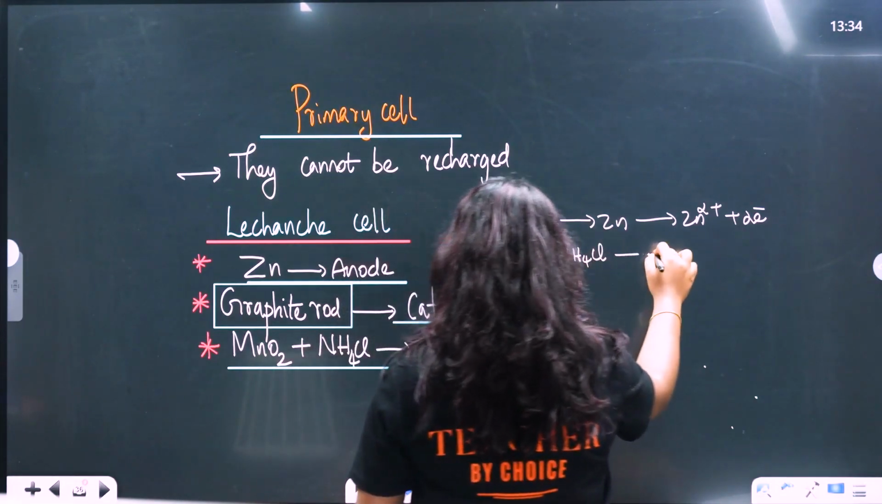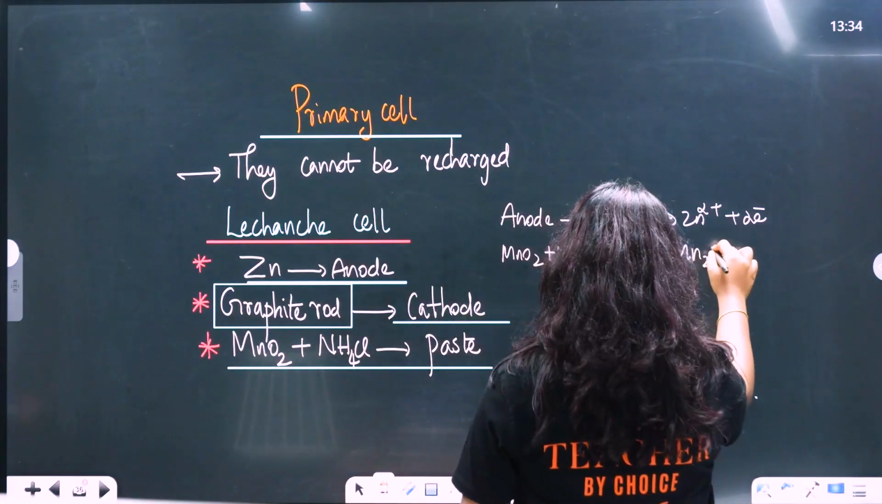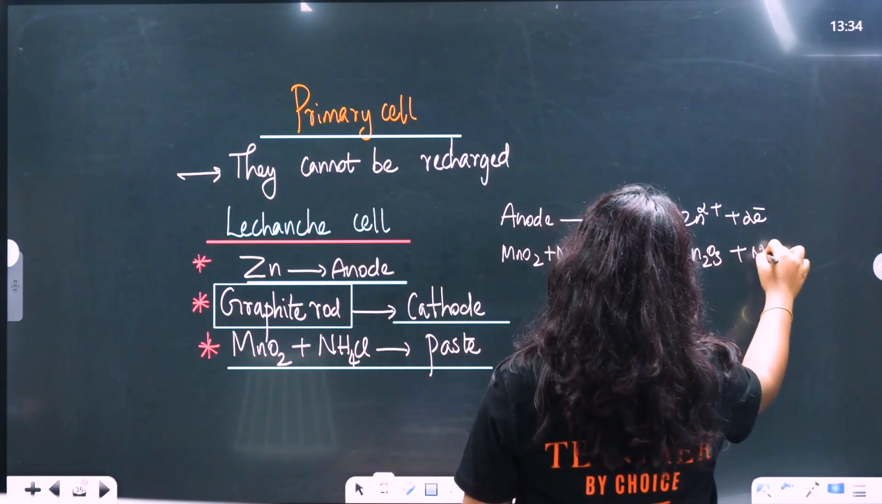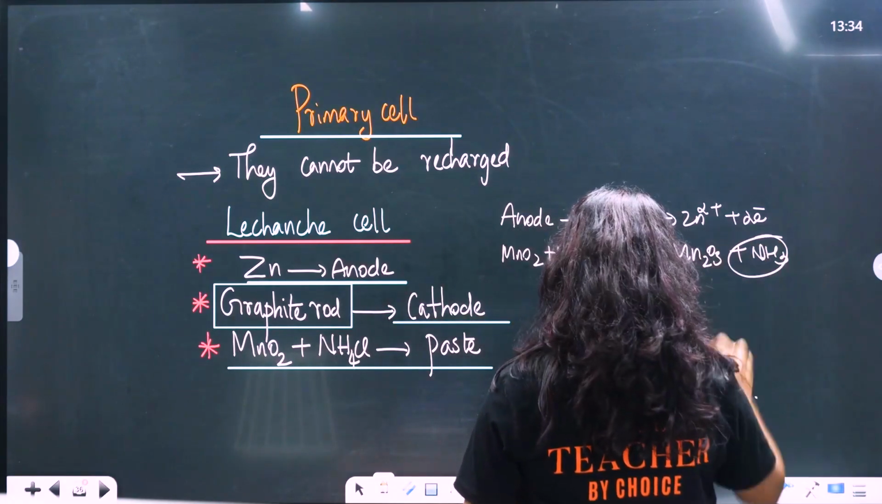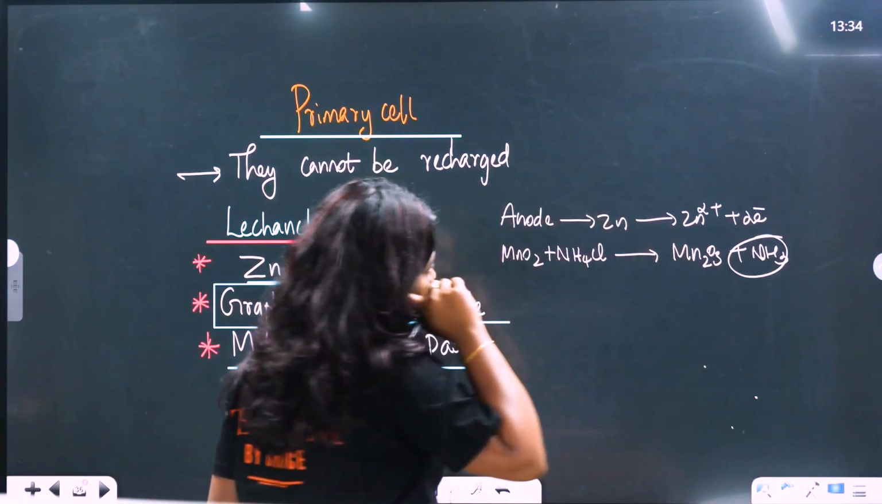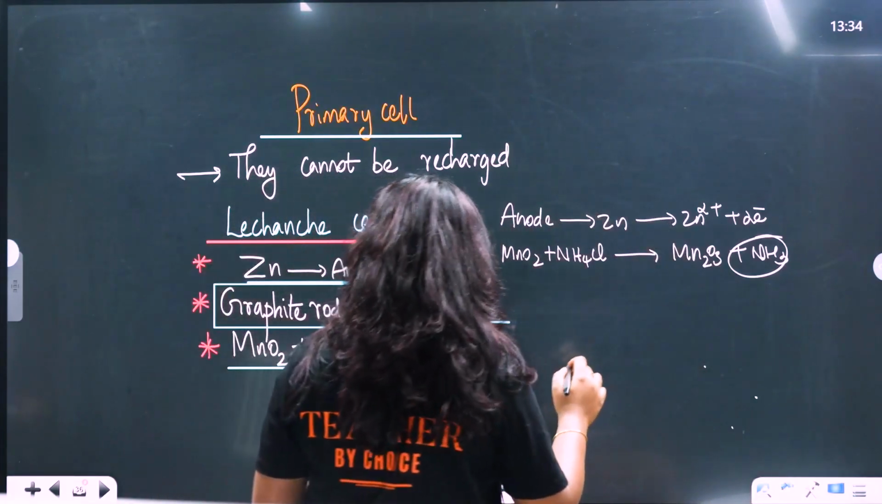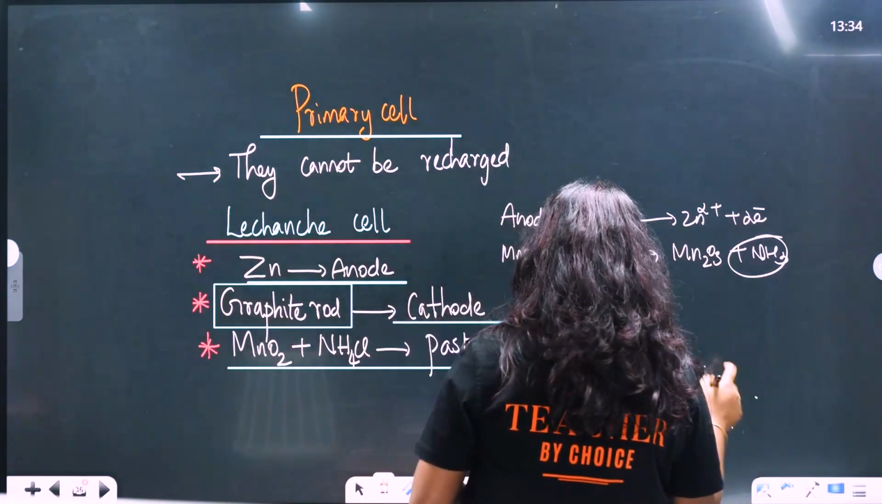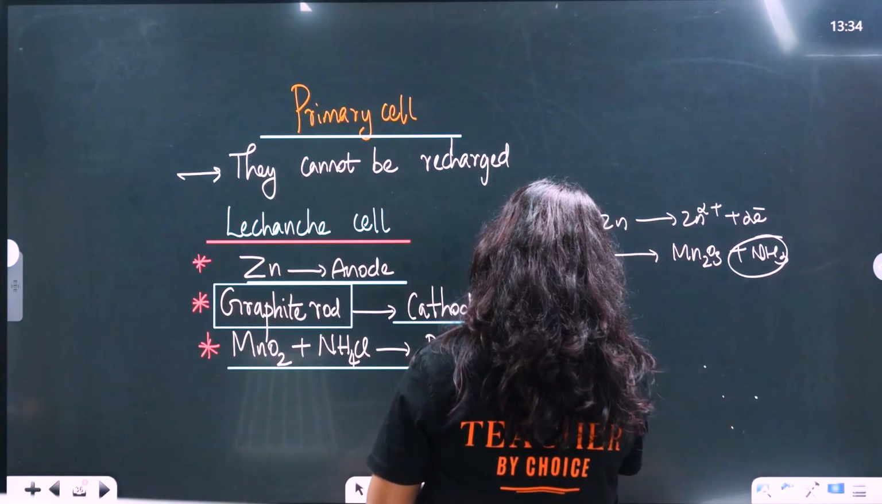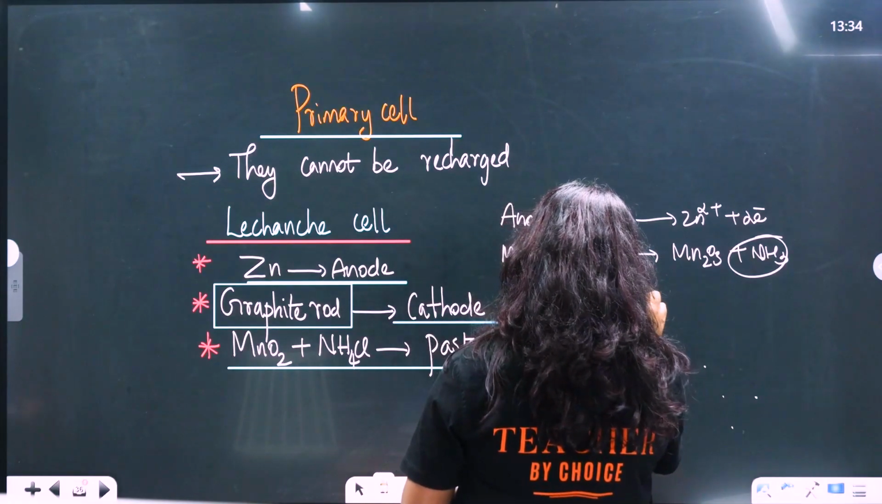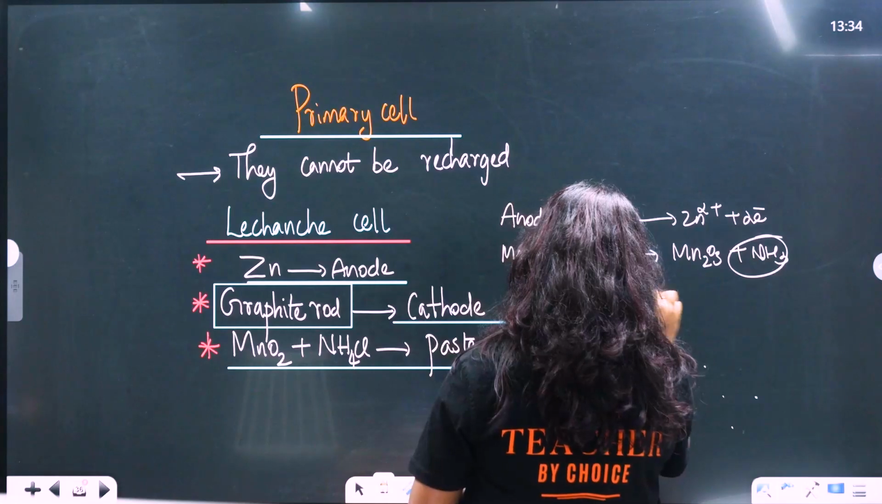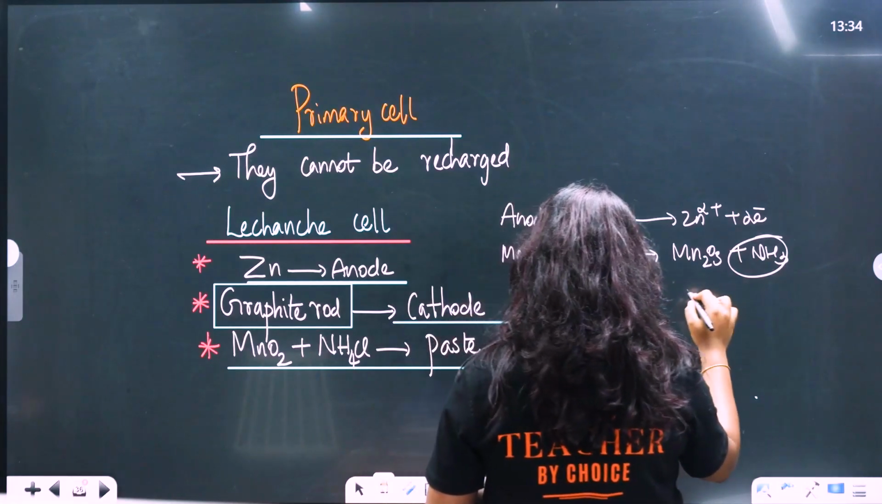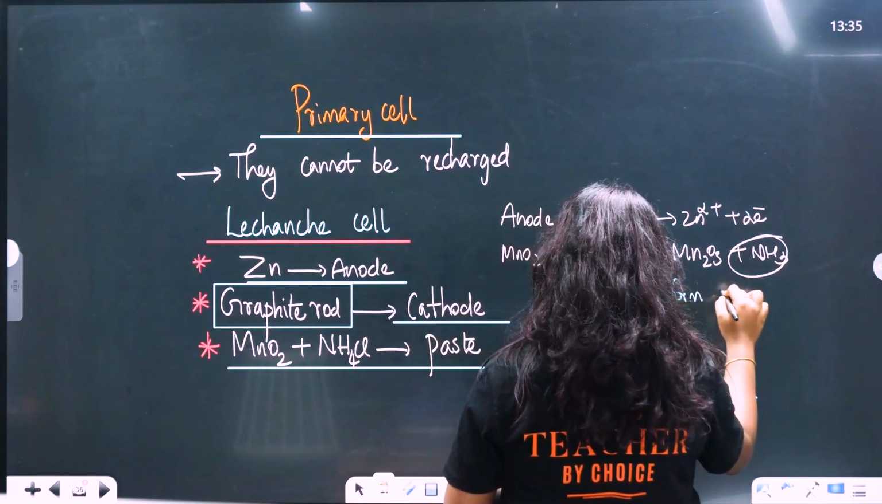So they will be creating it in such a way that Mn2O3 plus ammonia forms. This ammonia that is created now will be liberated. I'll write here, ammonia is liberated from